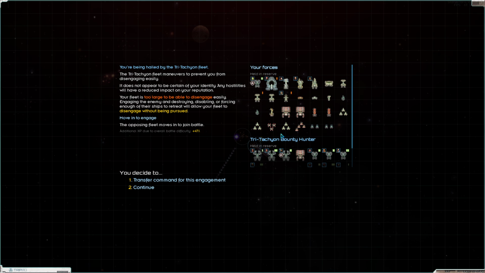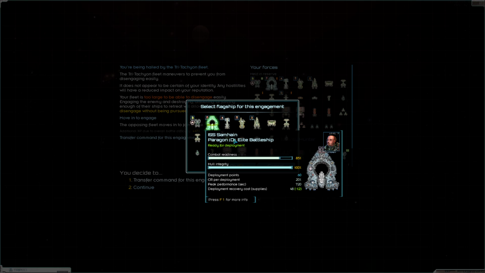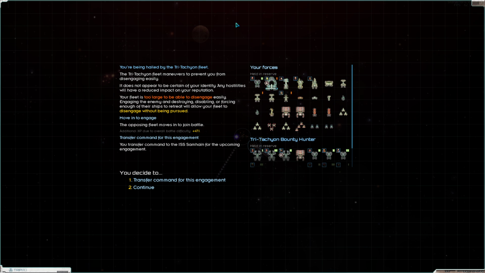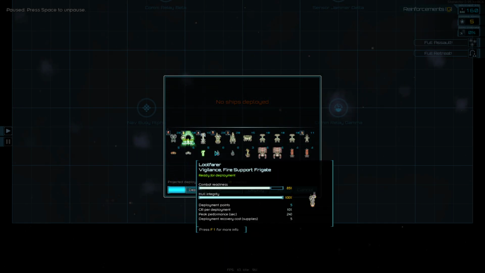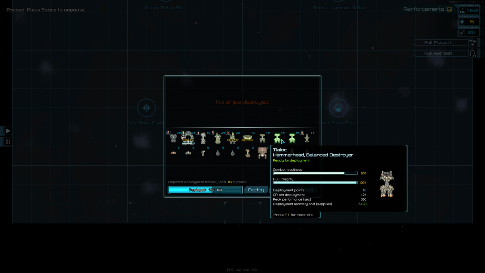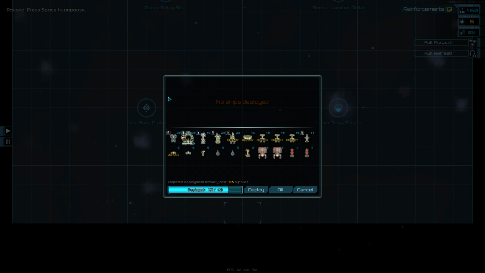Do we want to change out of the Harbinger? I think we do want to change out of the Harbinger, and I think we want to take over the Paragon. We should do this in hyperspace. We will take over the Paragon because it's going to be important for us to control the battle space around us. Alright, without further ado, we'll go ahead and deploy. We will bring in both the carriers to support us, and then I think we'll just bring in a bunch of hammerheads. We'll bring in the brawler to go secure an objective for us,